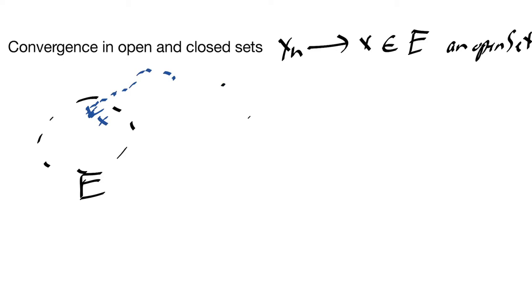This means there exists some capital N such that for all n greater than capital N, notice I could redefine things just a little bit, because what I would like to say is